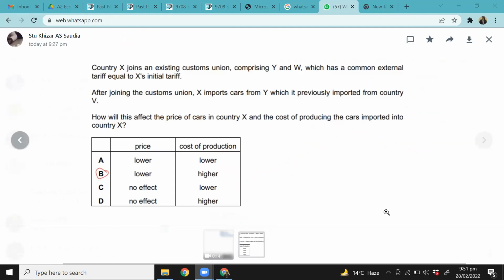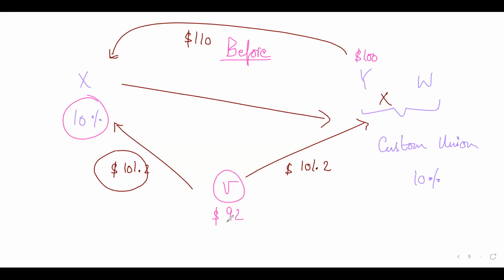And what about the cost of production? Students, what about the cost of production? Which of the two countries had lower cost of production, V or Y? So V had lower cost of production. So after becoming part of the customs union, the cost